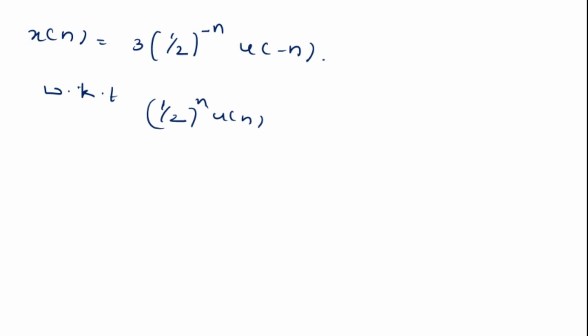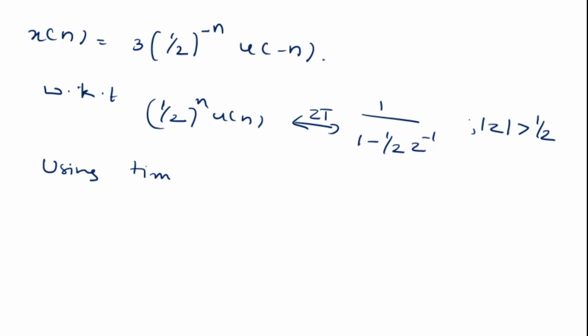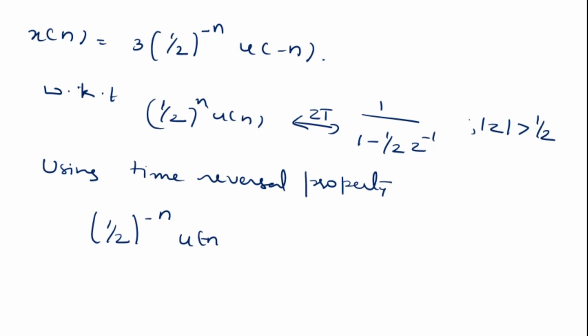Or we can write x of n is equal to 3 into half to the power minus n into u of minus n, and we know that the transform of half to the power n into u of n is 1 divided by 1 minus half z inverse with mod z is greater than half, and using time reversal property, half to the power minus n into u of minus n, if we take the transform, we get 1 divided by 1 minus half z with mod z is less than 2,